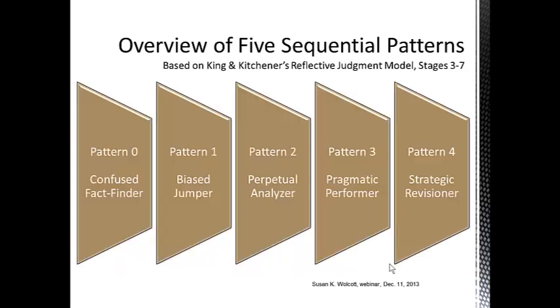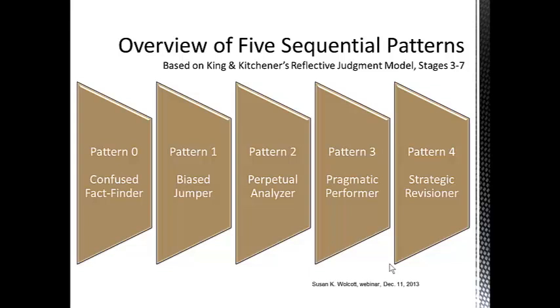The main topic for today's webinar is this set of 5 patterns of thinking. I will start on the left side of this diagram and discuss the lowest pattern of thinking and then proceed sequentially to each of the higher patterns. When looking at this diagram, you might be wondering why the numbering starts at 0 and goes through 4, instead of simply going from 1 to 5. But once I describe pattern 0, hopefully this will make more sense.